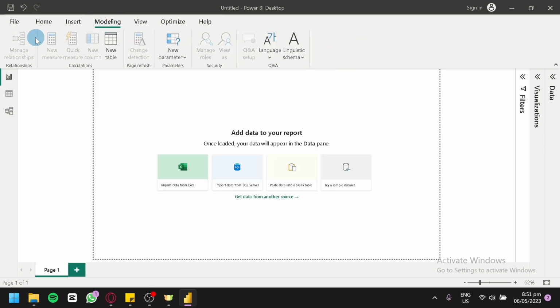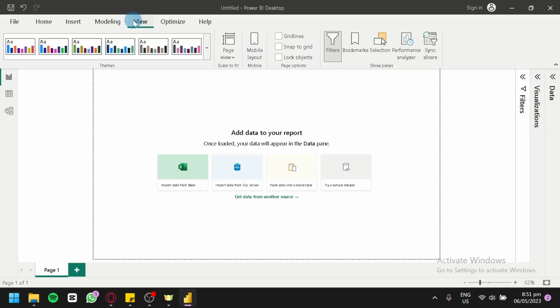Under modeling, you would be able to add measurements over here like tables, change detection, new parameters over here, manage roles, view as, Q&A once again. You could change the language in this section, your linguistic schema over here. You could also view things differently. You could edit what your